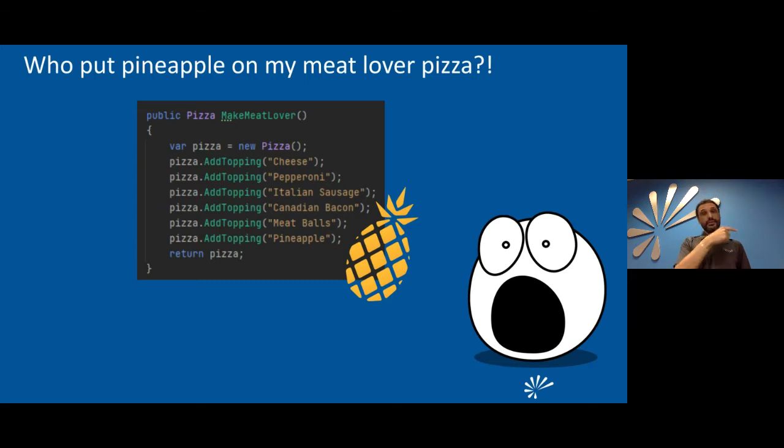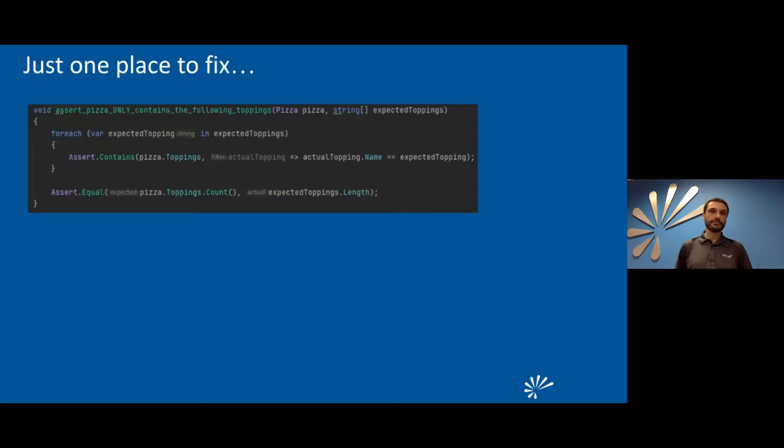Again, if I look at the way that those assertions are implemented, it will not catch a problem like somebody going into the meat lover implementation and putting pineapple in it. Well, not on my meat lover pizza, come on, right? We have the tests, we have 100% code coverage, but it's not covering the fact that this is my pizza place. Meat lover pizzas should not have pineapple, period. So it wouldn't catch that. That's of importance to the business. The number of code coverage does not matter for something like this.